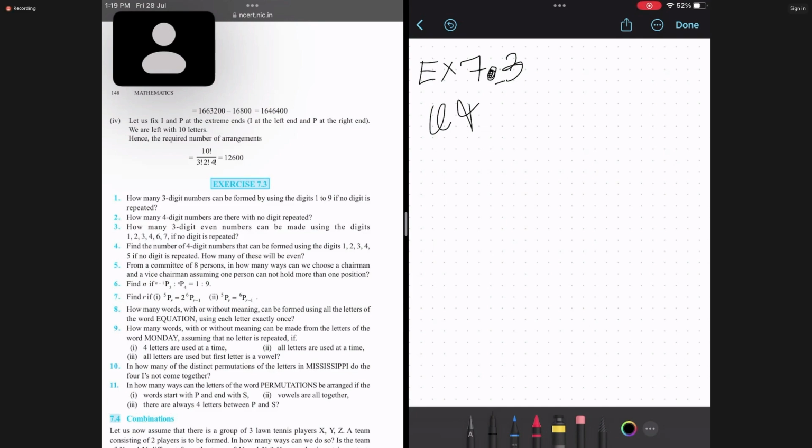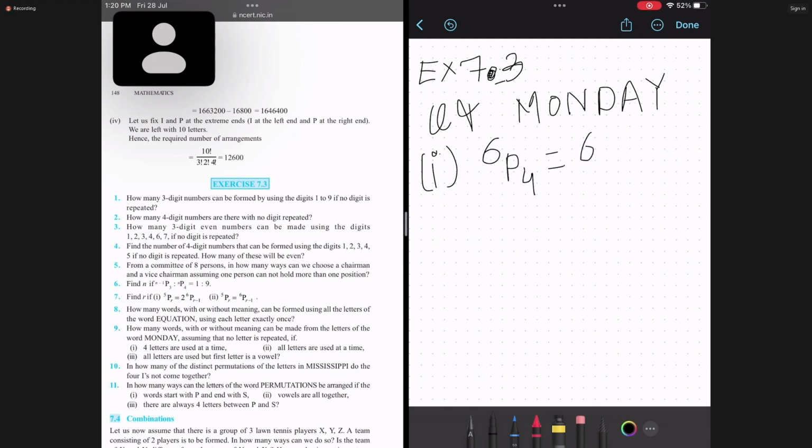How many words with or without meaning can be made from the letters of the word Monday, assuming that no letter is repeated, if 4 letters are used at a time? Okay, so the word that we are using is Monday. For the first case, we are only going to be using 4 of the 6 letters that we have. So first we select any 4 letters at random, and then we permute them. That is nothing but